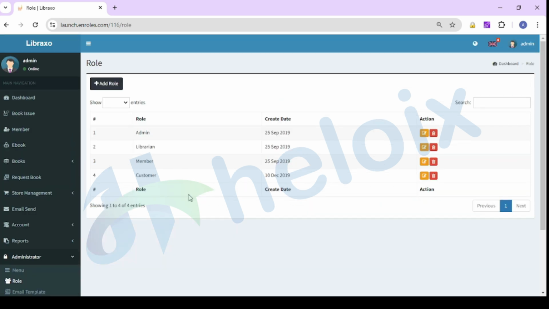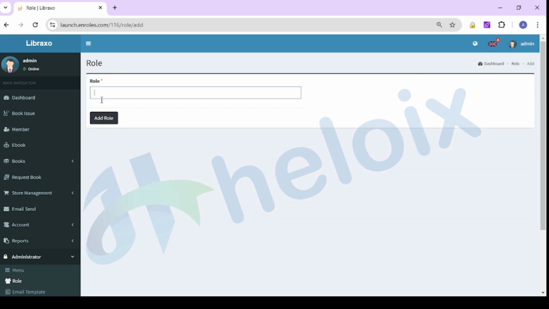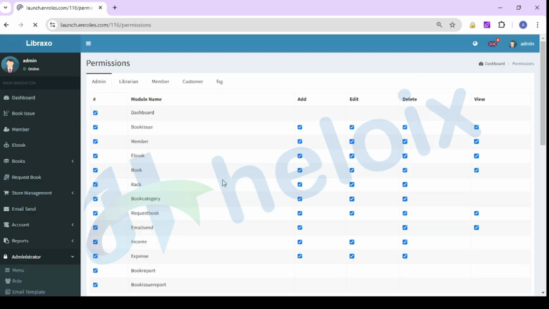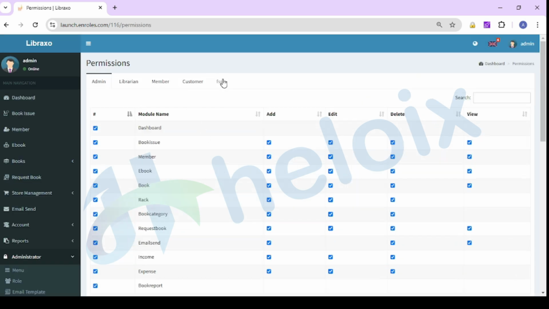If you want to generate any staff login, you can create a staff role once, then you can generate the staff login. You just need to add roles once. After adding a role, you can manage that. Here you can check your email template. After that, we have permissions. So you can allow any permission to any staff, then they can manage all the things.